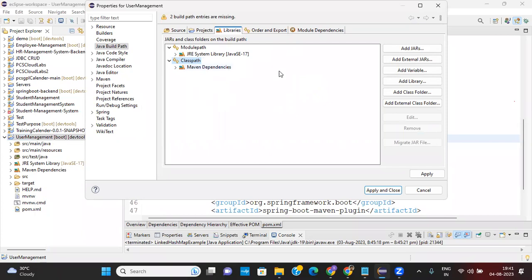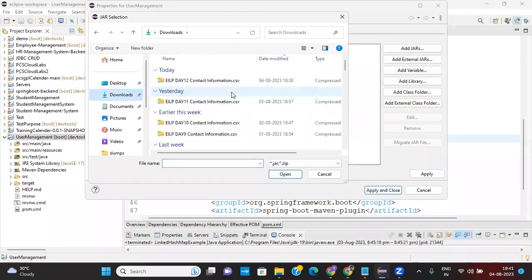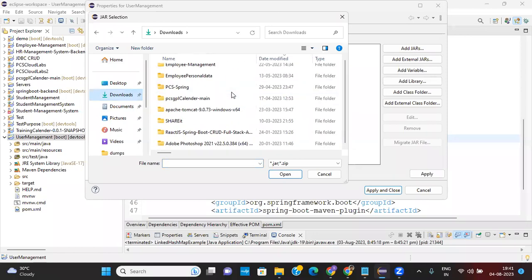After clicking class path, come over to your right side, and here you see add external jar. You can go to add external jar and choose your external jar from wherever you have it, right? So in case of mine, I have some, I think what